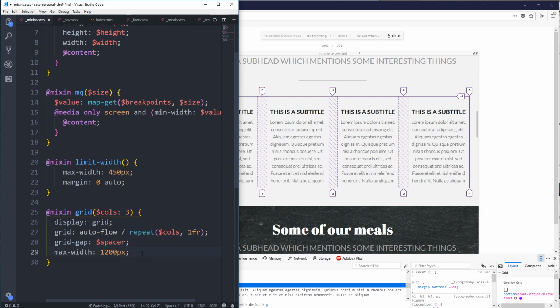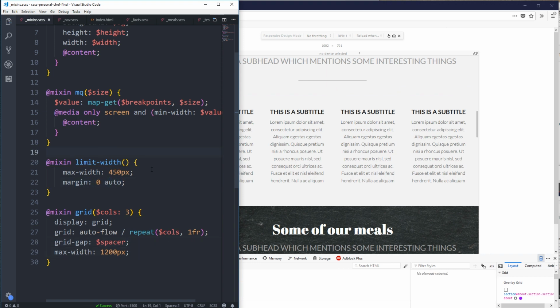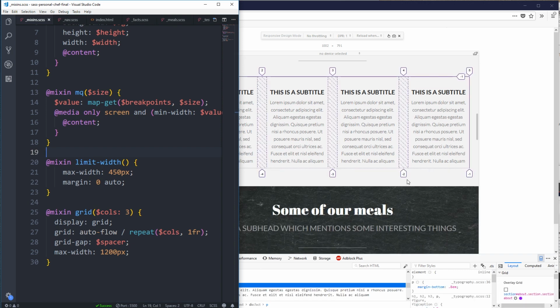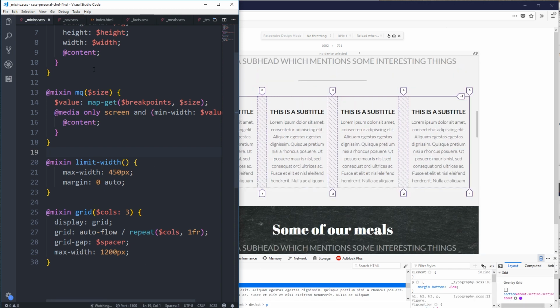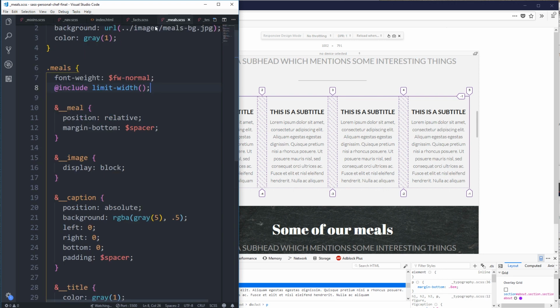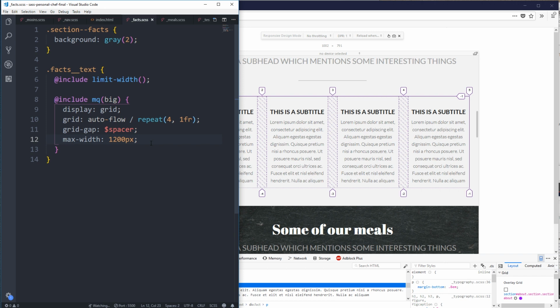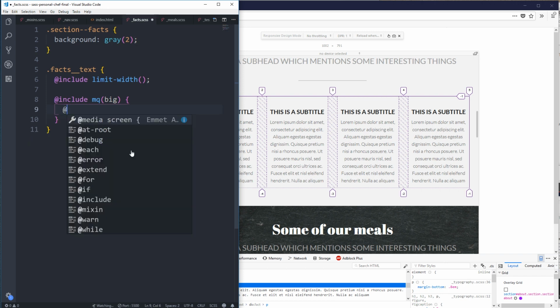We should be good with all that. I would need this on it too, but I think they all already have a margin 0 auto on it, just to make sure it stays centered. If we see that we have an issue with one of them, I'll come and bring it back up into here. So let's go back over to my facts, and we can get rid of this and just say @include